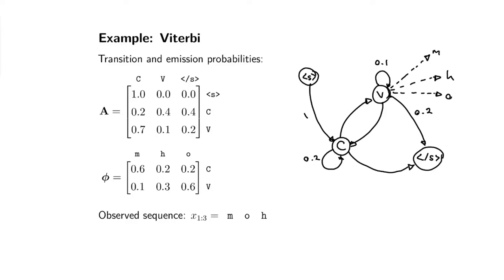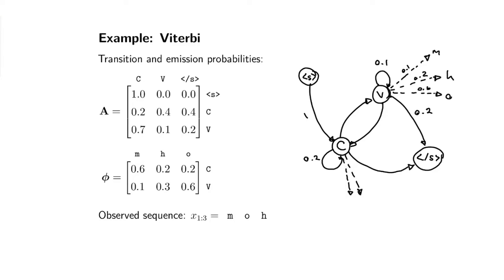0.1. That's right. So the 0.1, I'm in the vowel state. I'm looking at this row. This is a row that sums to 1. That's the output distribution for my vowel state: 0.1 for M, 0.3 for H, and 0.6 for vowel. And then for the consonant state, you have,